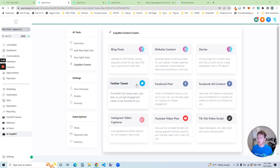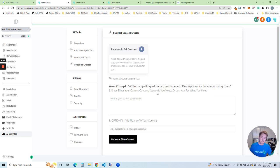So let's go and have a look at a Facebook ad. So the prompt: write a compelling ad copy, headline, which I'll fix that spelling mistake today, and description for Facebook using this. So enter either your current content, keywords, what you need, just ask. Okay, so write a compelling ad headline description for...